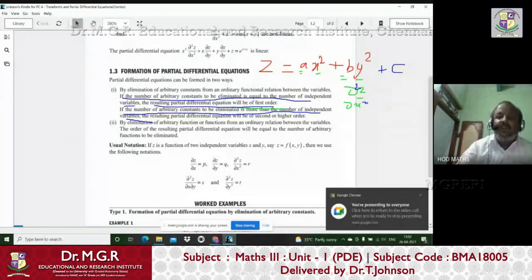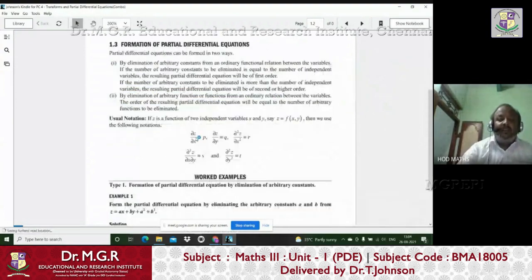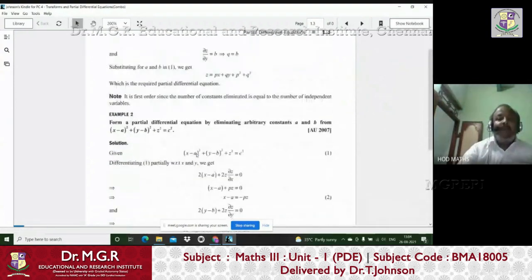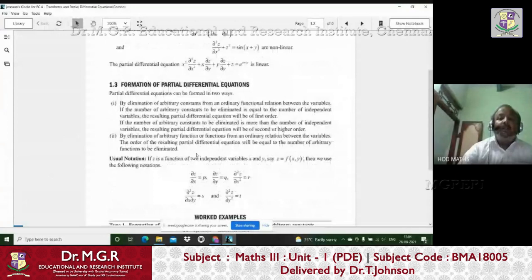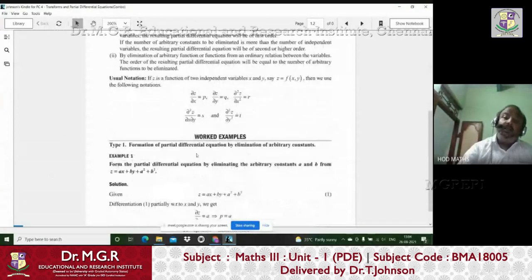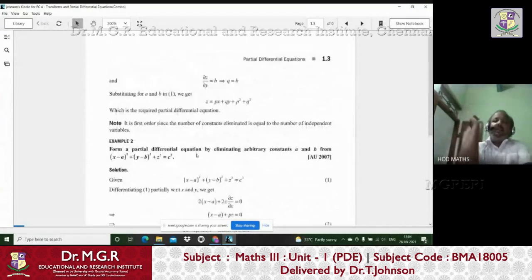So this only we are going to do in the next class. From example 1, how to form a PDE by eliminating the arbitrary constants, and then how to form a PDE by eliminating arbitrary